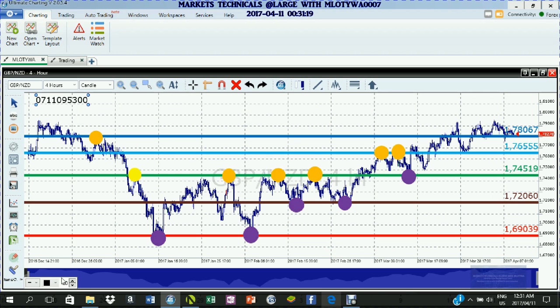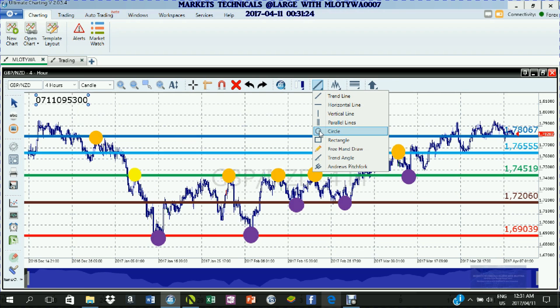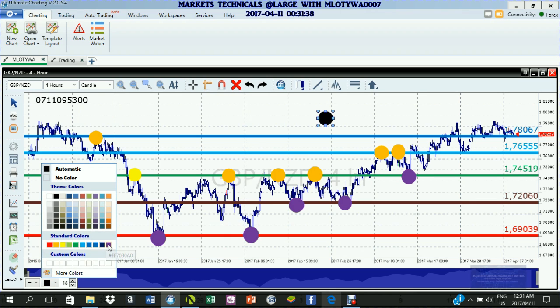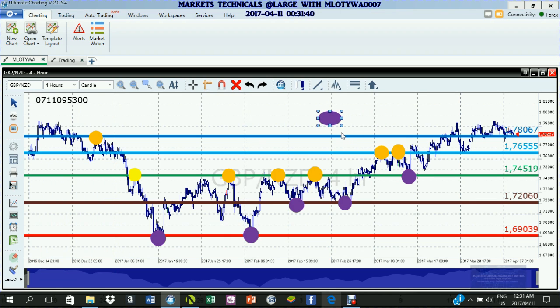Sorry guys, let me put the circle there so that everyone can see when I'm saying active supports and resistance. What is it that I am talking of? Active supports and resistance, guys. This is how the market moves. The market moves by means of support and resistance. I'm placing the purple circle there,